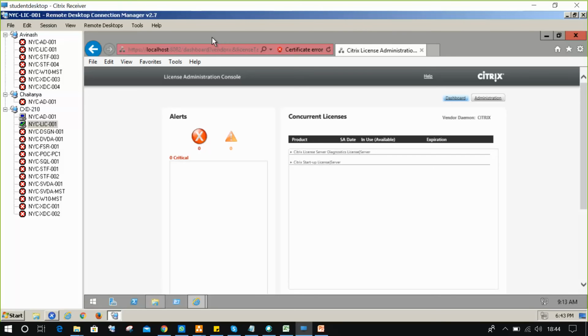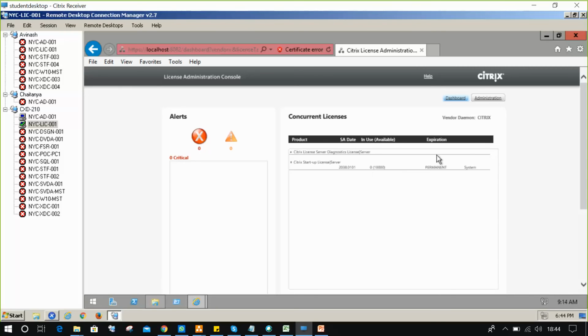The trial license is called a startup license. See here, there's a startup by default. When you install a fresh license server, a startup license will be available. Okay, now I'm not using the startup license, I am uploading an original license file.